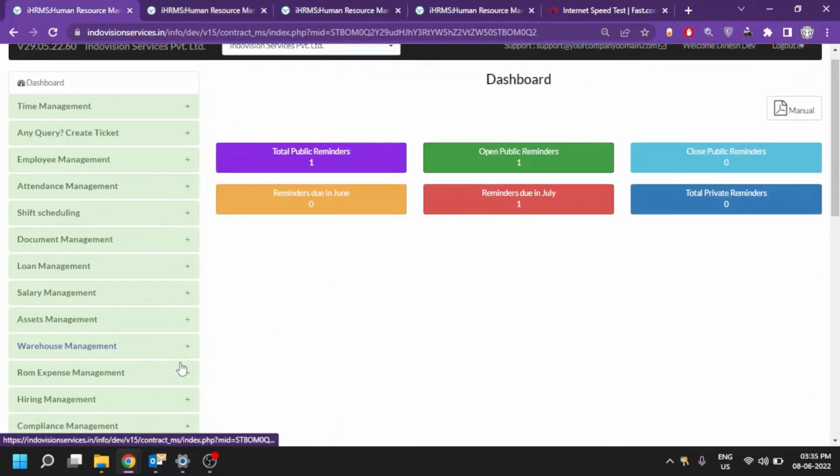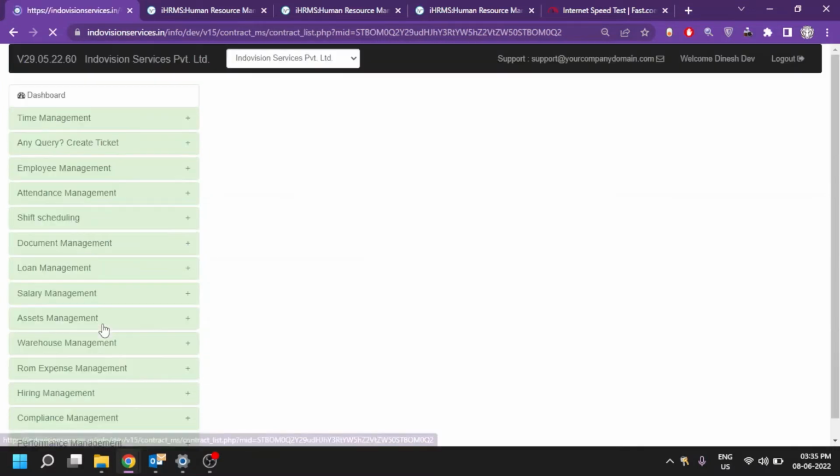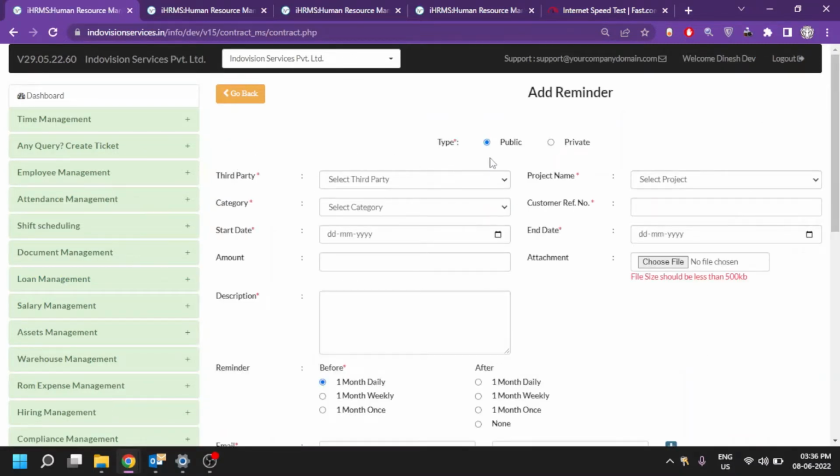Now let's create a reminder in reminders list. Just go to this add button here. Select the type of reminder you want to create, public or private. Let's first keep it as public. Select a third party. Right now we only have one. A project, category. All the mandatory fields are marked with an asterisk sign. Customer reference number,